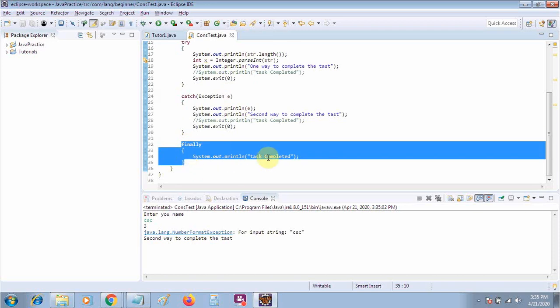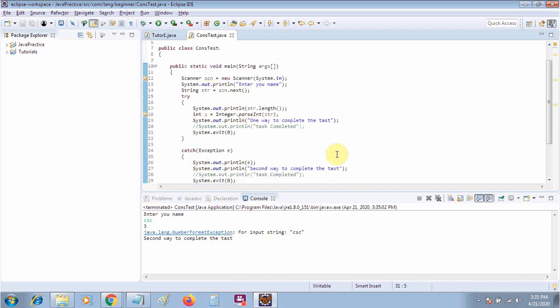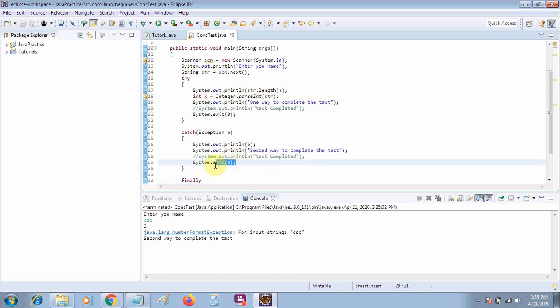If you want to execute some code whether an exception appears or not, then put it inside a finally block. And in the case where you don't want to execute your finally block, you have to call the exit method of the System class in your try and catch block. So that was try and catch.